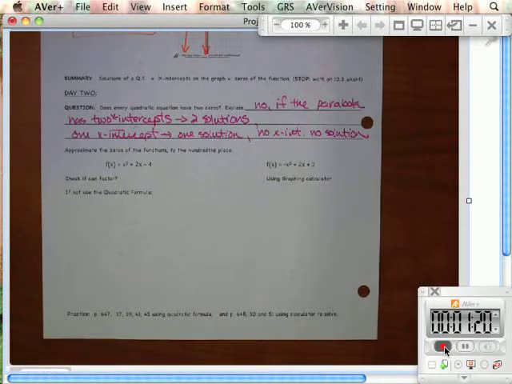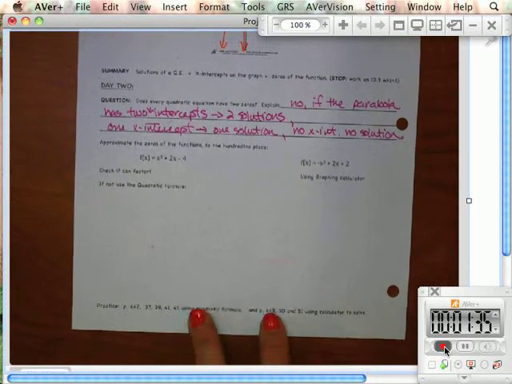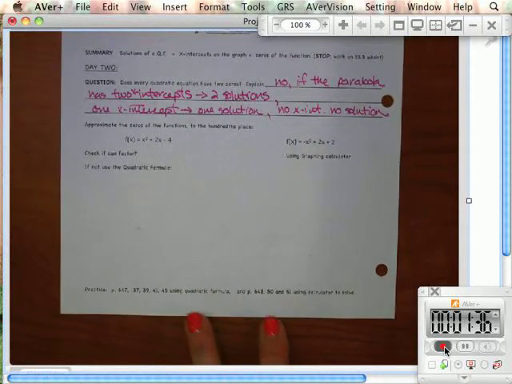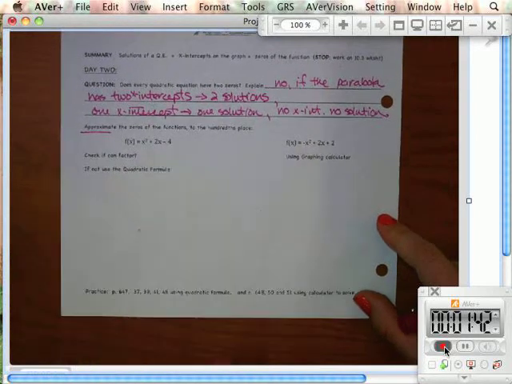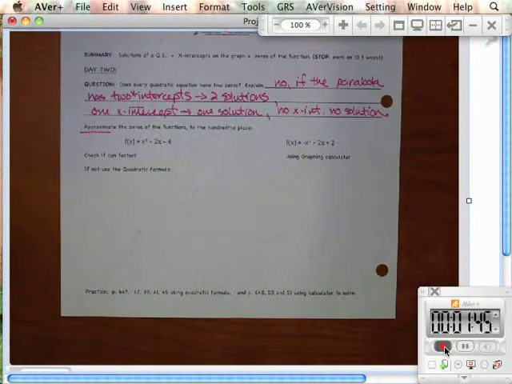Now, in your homework yesterday, most of them you could factor and you could find x-intercepts, right? But there was a couple that said no solution. They couldn't be factored, right? And you couldn't solve them with any method that we had done yesterday. However, when it says approximate the zeros of the functions to the hundredths place, that's a clue to you that,